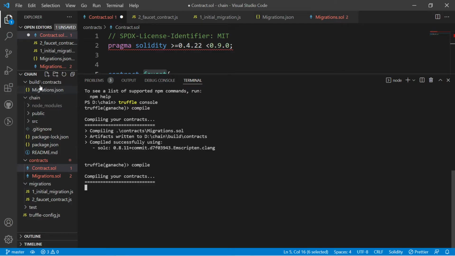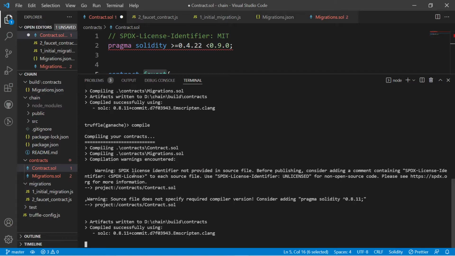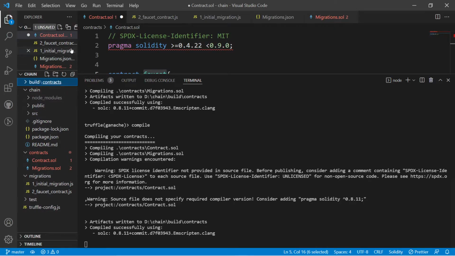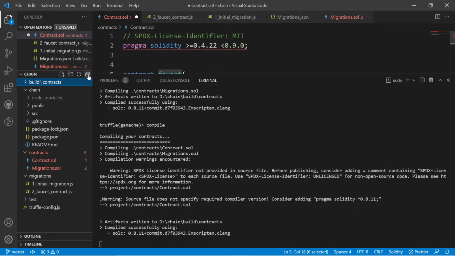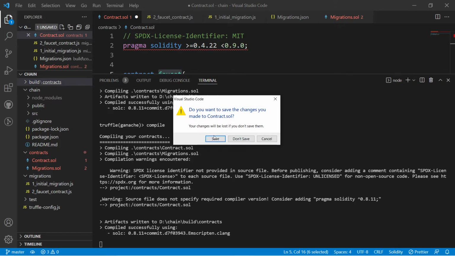So let's see what exactly comes up here. I think this will take some time. Let me close all these folders. Save.